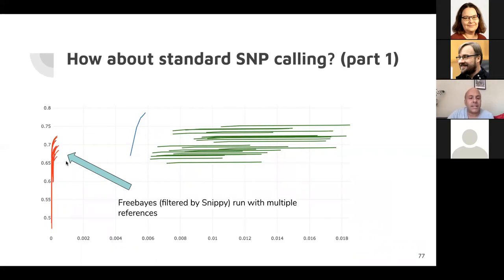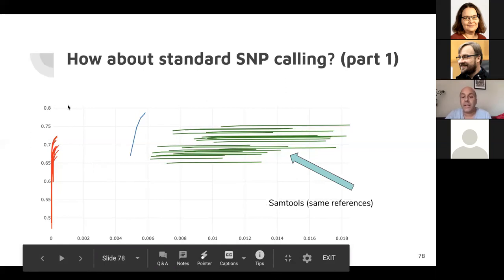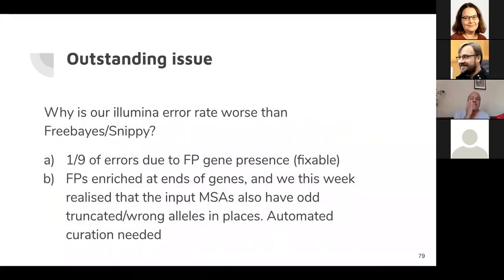But I mean, there's what feels like a painfully large gap in precision here. Like Freebayes really manages to get very, very few errors. Okay, and yes, so I've already said that that's SAMtools. So this is an outstanding issue, and it will remain outstanding until the end of the talk, essentially. I don't like the fact that our Illumina error rate is worse than Freebayes, and we're in the middle of